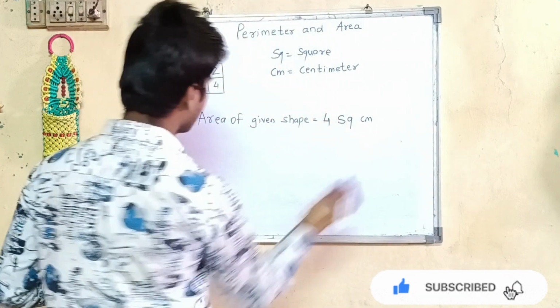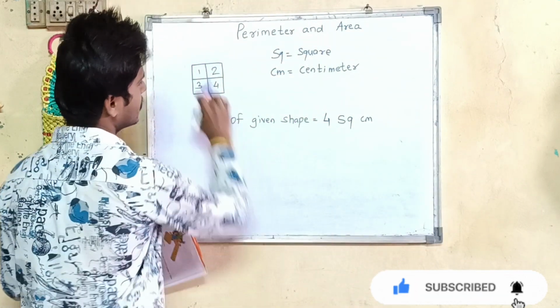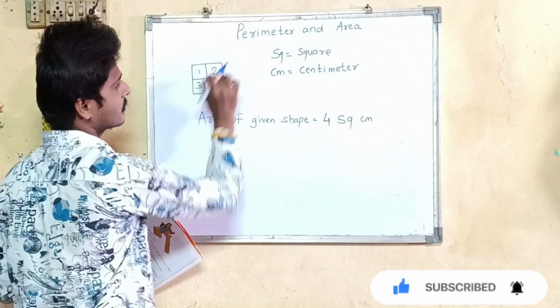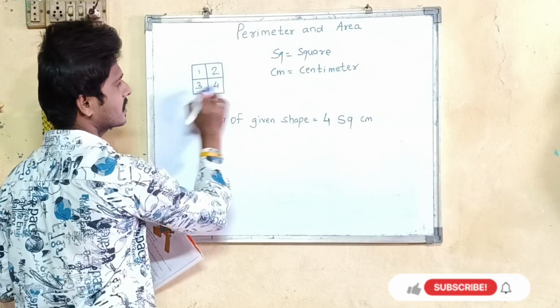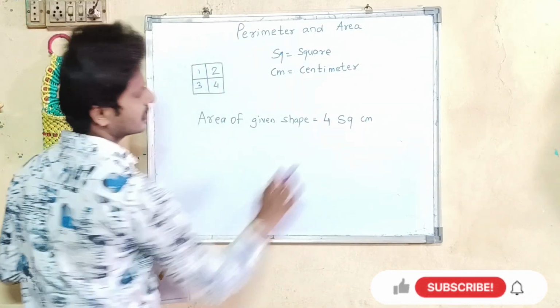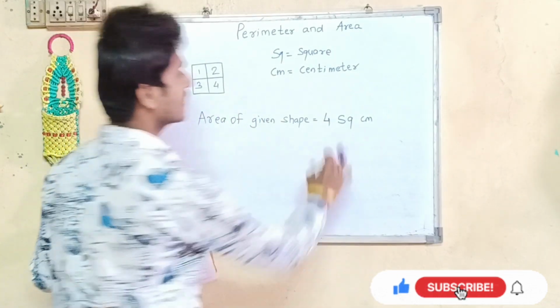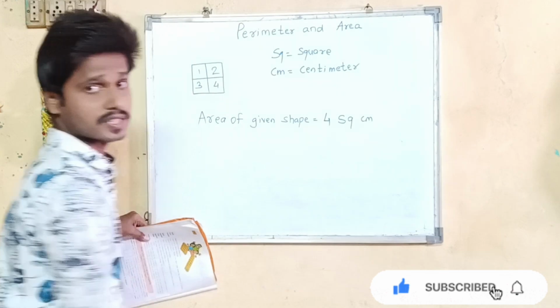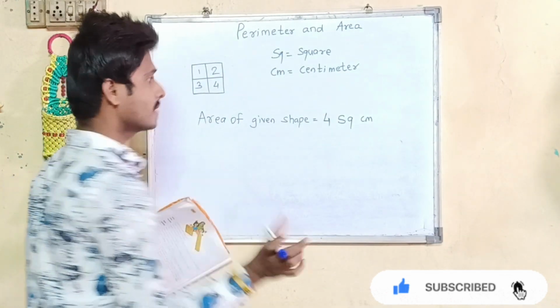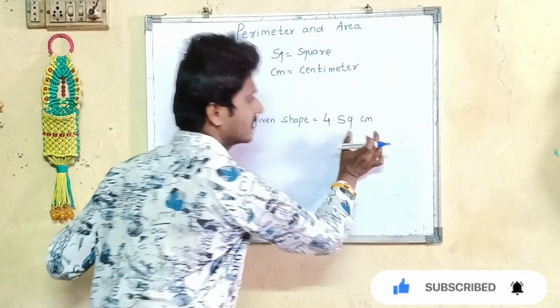So that's it. Any of the figure will be given you. You just have to count the inner squares. जो बड़ा फिगर है उसके अंदर जितने स्क्वायर्स बन रहे हैं वो हम लोग को काउंट करना है, यहाँ पे लिखना है. उसके आगे स्क्वायर सेंटीमीटर लिखना जरूरी है. अगर आपने ये लिखा नहीं स्क्वायर सेंटीमीटर, so you will lose marks because in area it is compulsory that we have to write square centimeter.